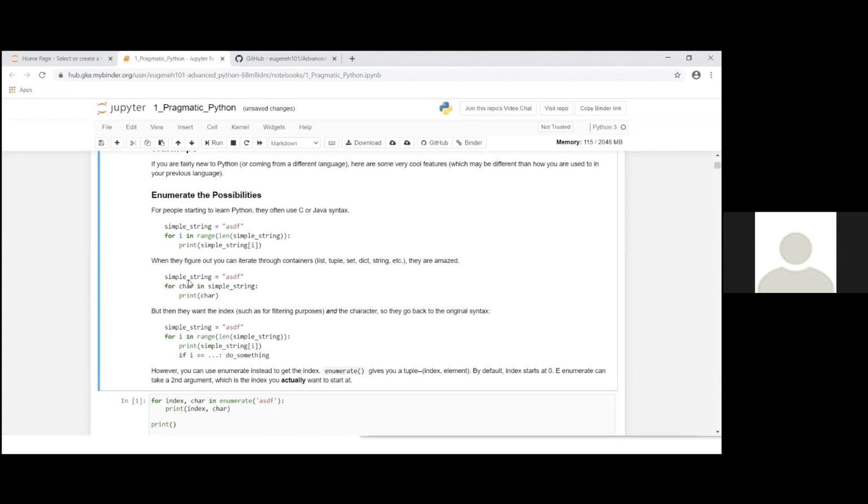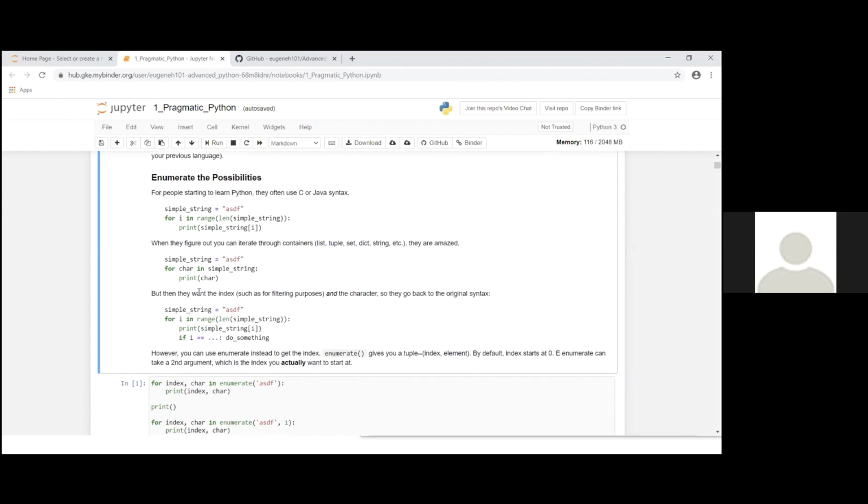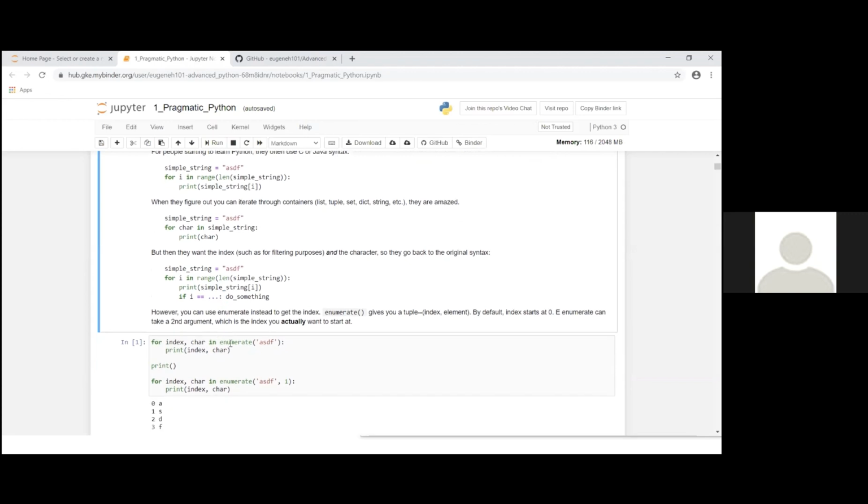So in other languages, you would basically do this, like in C or Java. It's been a while, but I think you might do that in R as well. But in Python, you could just iterate over the elements of the iterable and get that immediately. And then you could stick on enumerate.